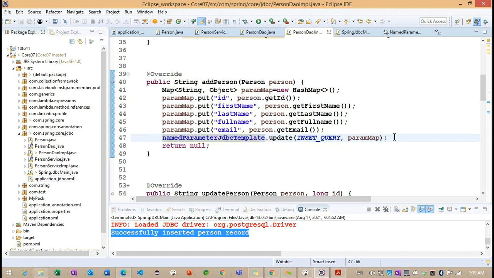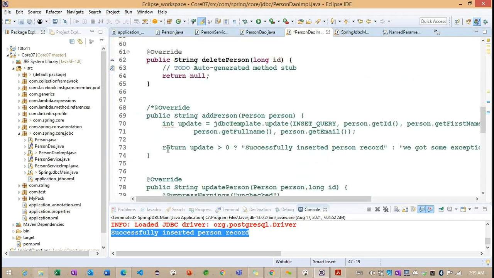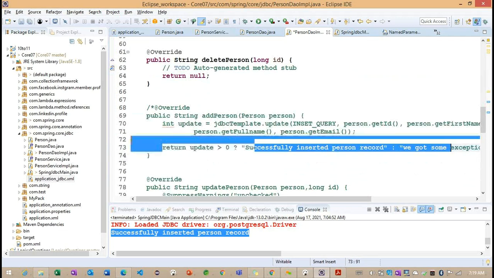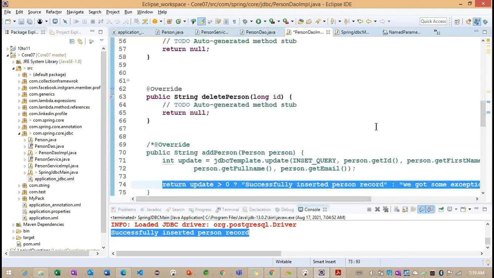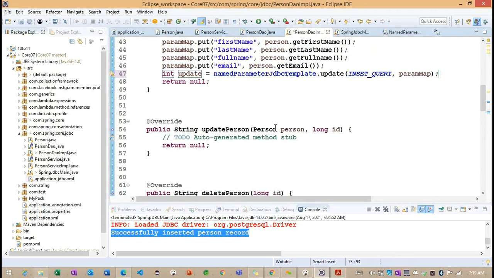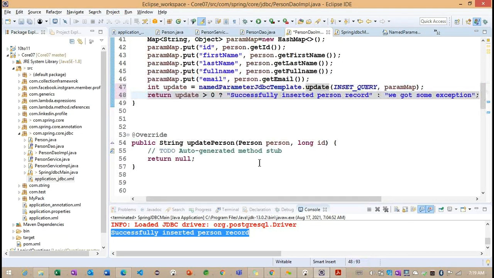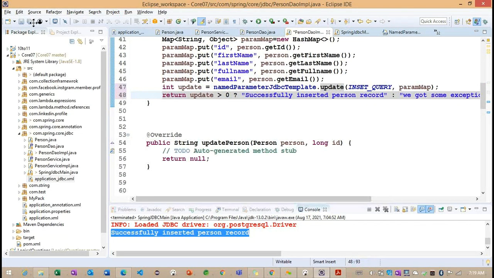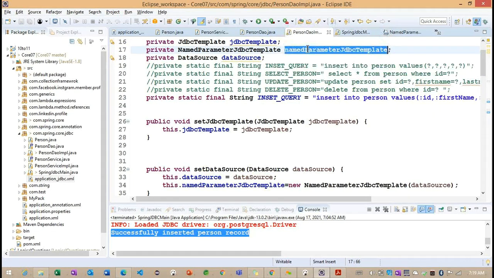And now we will understand what value the named parameter template is returning. Again, if you observe, it is returning an update count, like integer values here. And if it is returning the same integer value, we can copy this particular message here. Right? So we can copy the message, and now what I'm doing here, first we need to configure the named parameter template.